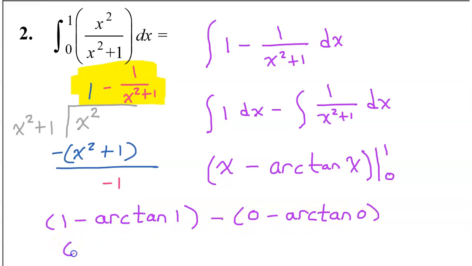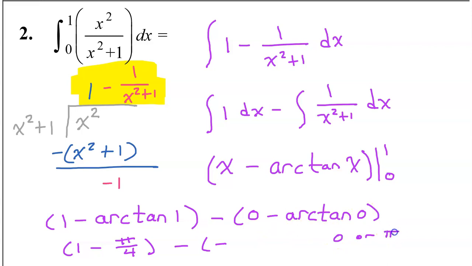Let's evaluate. So we have 1 minus the arctangent of 1. This means the tangent of what angle is equal to 1, and that is pi over 4. So we have 1 minus pi over 4 minus, the 0 is not needed, so we have negative arctangent 0. Well, the tangent of what angle is 0? That would either be 0